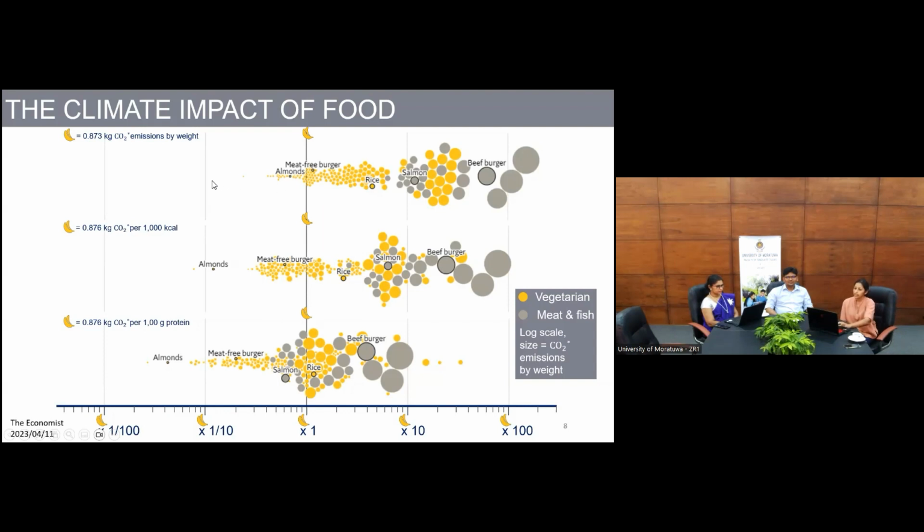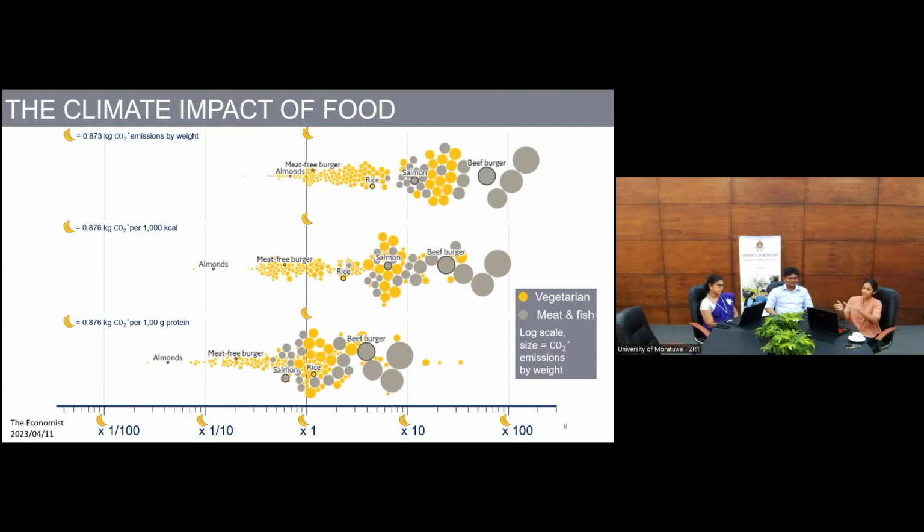And then the 3 panels are actually really interesting because it helps you to look at this picture in different ways. So the first one is saying how many emissions per kilogram of rice relative to a kilogram of bananas. But someone might say, you are not going to eat a kilogram of rice and you won't eat a kilogram of, let's say, candy floss. You will eat a much smaller amount of certain types of food or more of other types.